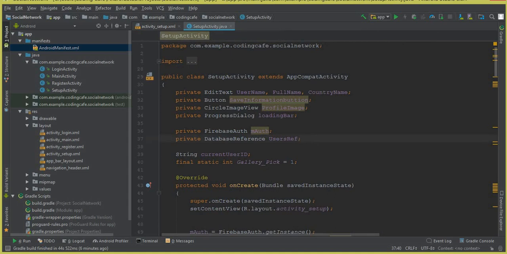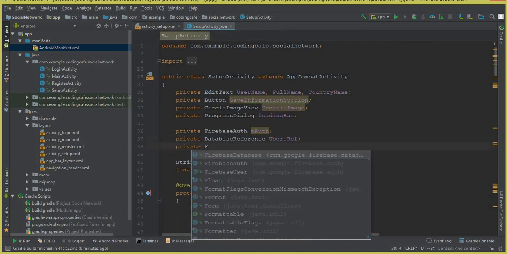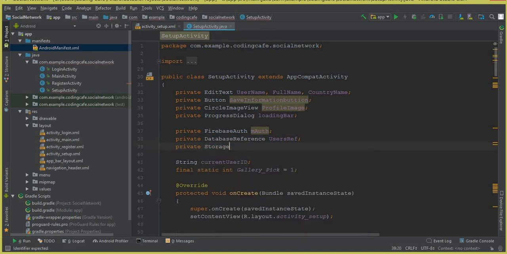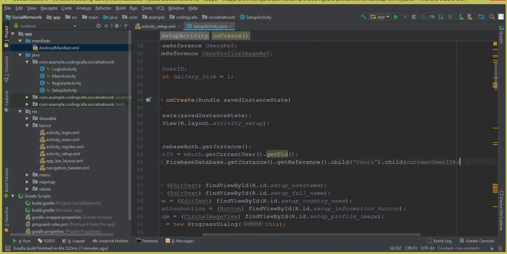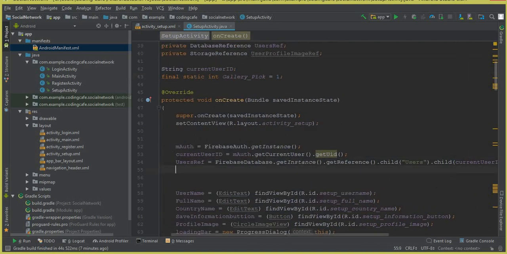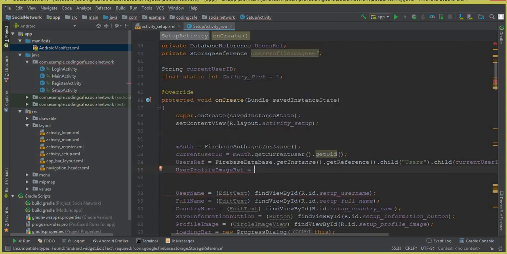So here we can say private, not Firebase, it is the StorageReference. Okay, so we can say StorageReference, and let's call it userProfileImageRef, which means user profile image reference. And inside our onCreate method, after the user reference, we can say userProfileImageRef equals to FirebaseStorage.getInstance().getReference().child,